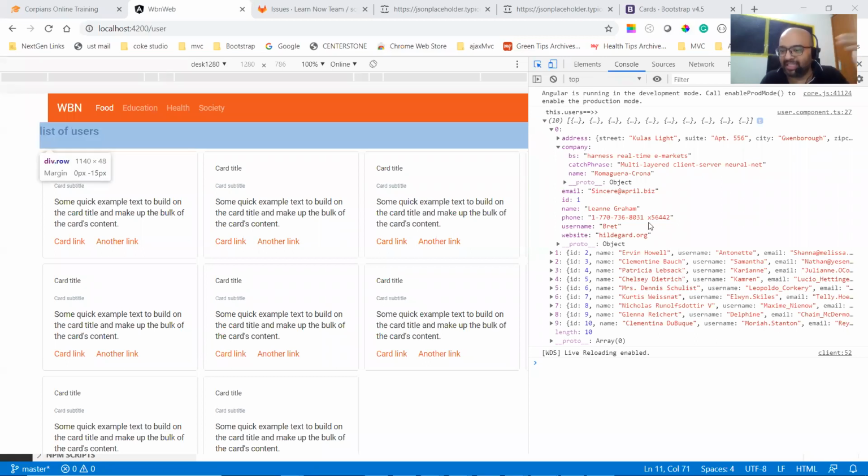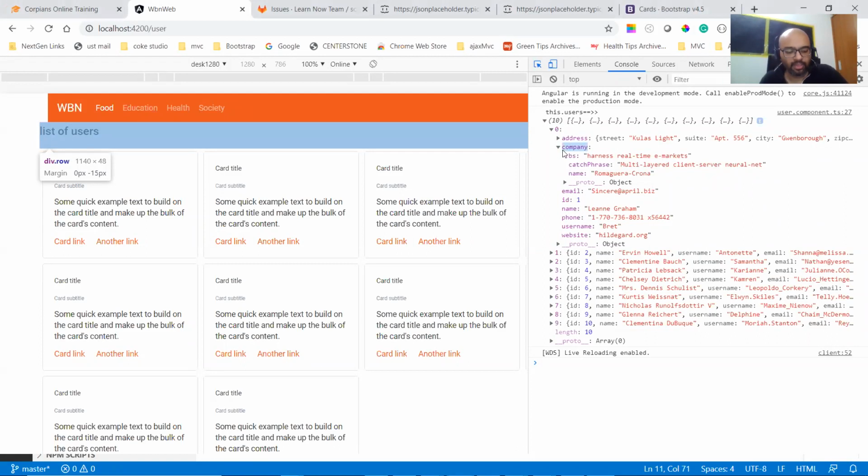He's right, man. He's absolutely correct. Sir, u dot company dot name. Correct. That's what he said. U dot company dot name. Because company website, username, phone, name, ID, email, address, they are at the same level. So just like you said, u dot name, u dot phone number, u dot username, u dot website. Similarly, if you want a name from the company, see the parent object. So u dot company, and inside company you have name.